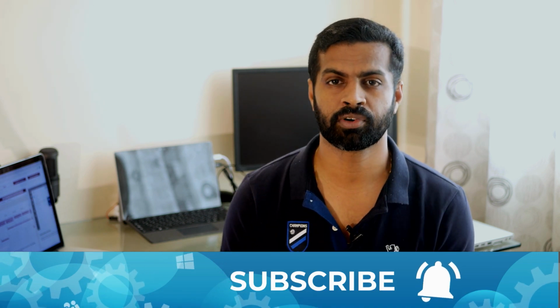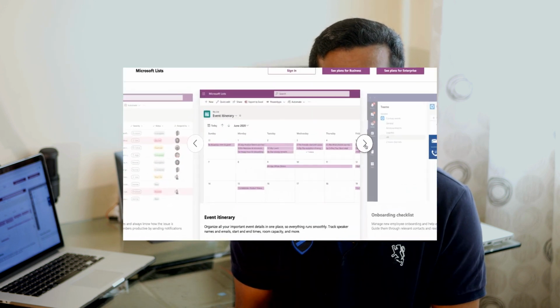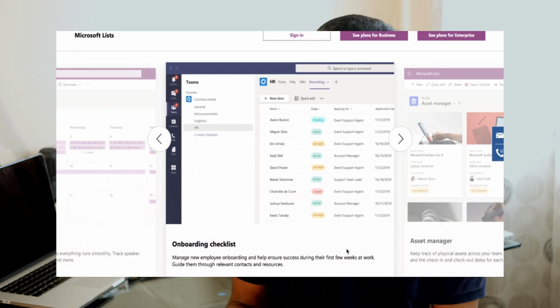I started using it about 3 months back, and it became very useful for my personal and professional activity tracking. And the beauty of Microsoft List is that you can integrate it with the widely used Microsoft Teams, which means you can open a list within Microsoft Teams and connect with people and have conversations on list items and so forth. So without further ado, let us get into the Microsoft List application and see the possibilities it offers and what value it can add to your day-to-day operations.